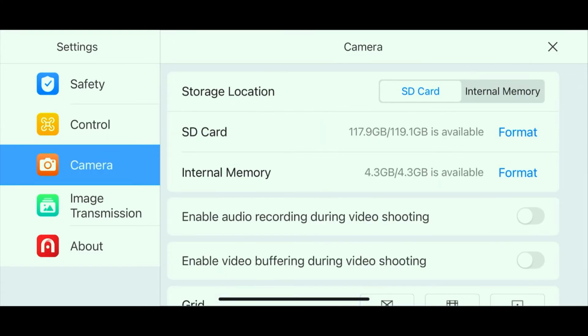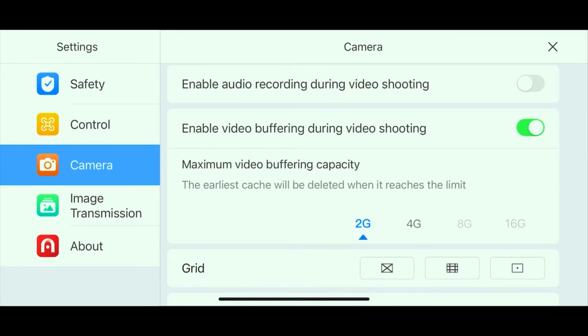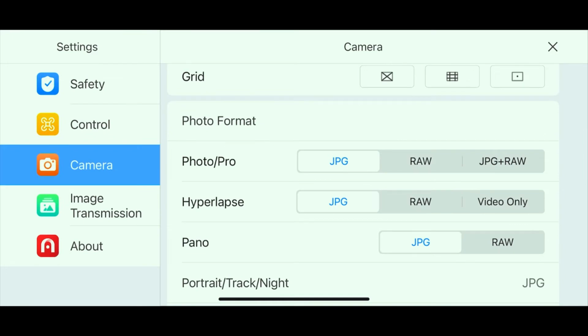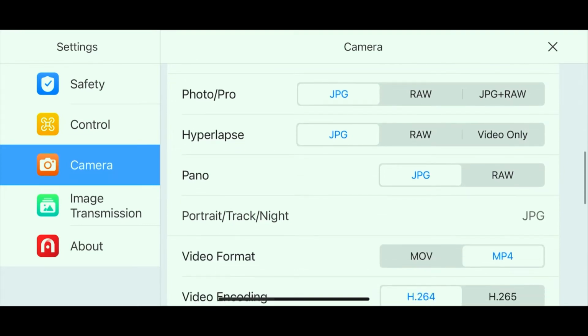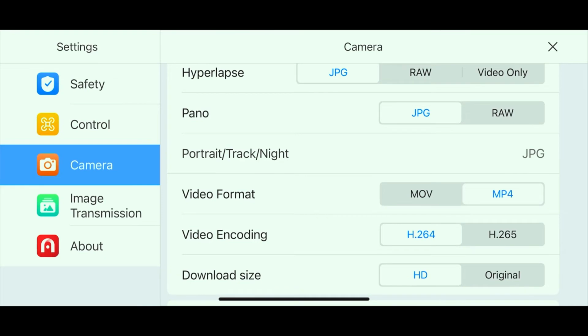Enable gimbal pitch, gimbal manual adjustment, gimbal calibration, enable audio recording during video shooting. You could do that while the drone is in the air. Enable video buffering during video shooting. That's if you want your bars on the side. You could adjust the side bars. You have your grid, X, JPEG RAW, Hyperlapse, JPEG RAW video only, panel, JPEG and RAW, portrait, track night,